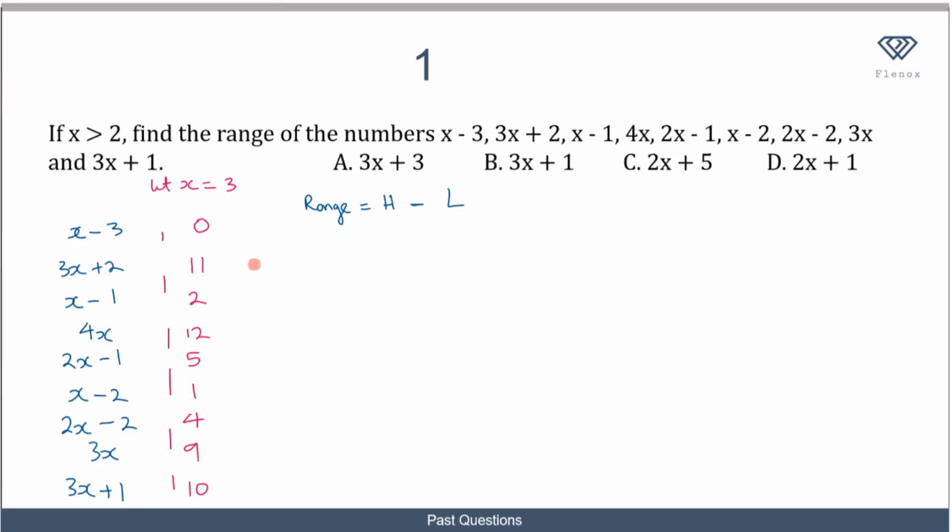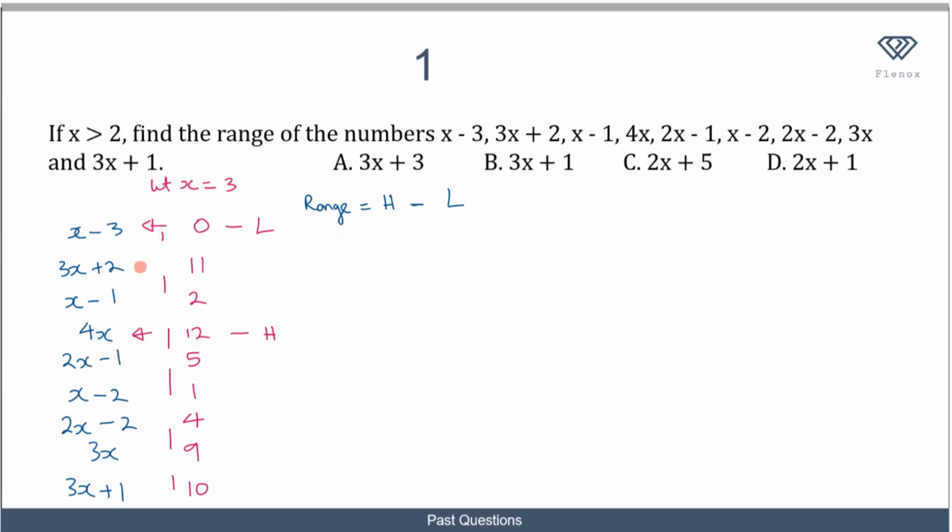So now where is the highest number here? I can see that the highest number here is 12. So this is my highest number, and my lowest number is what? Over here it is 0. 0 is the lowest number. So what does this tell me? It tells me that my highest number is 4x, and the lowest number is